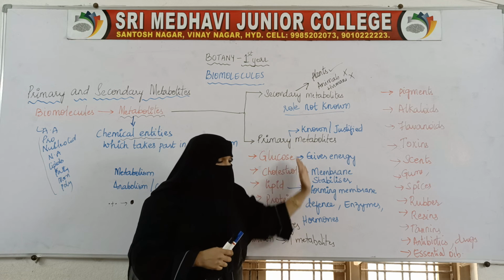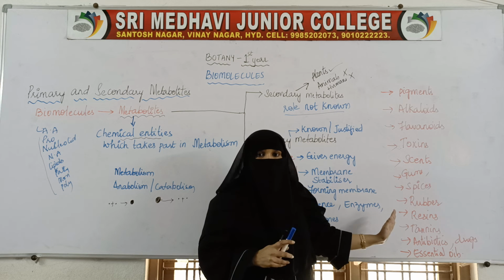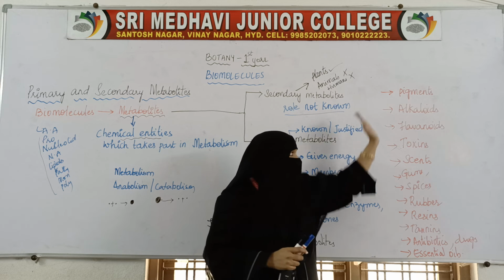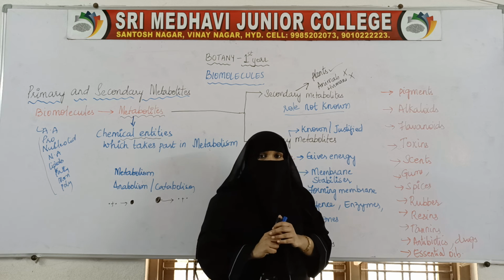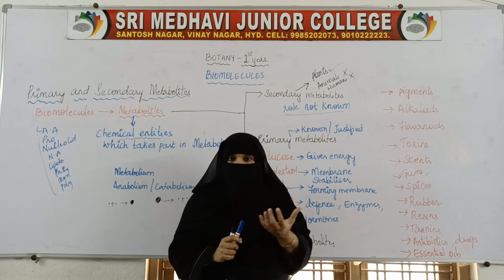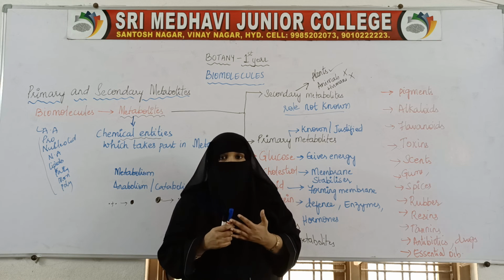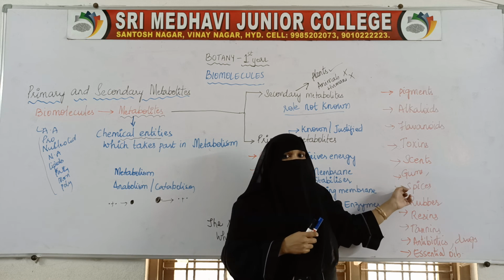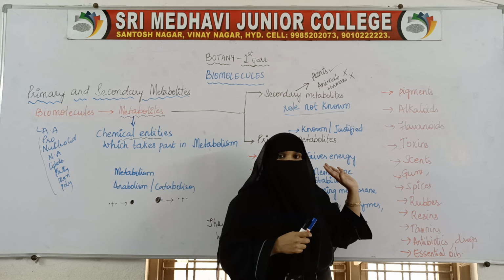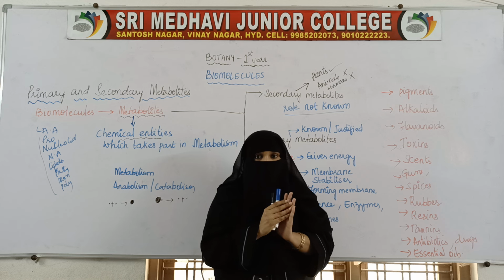But along with these things, the plants produce extra things. These extra things are produced only by the plants. They are not produced by animals and human beings. Do we produce rubber? Do we produce spices from our body? No. Do animals produce them? No. These are only produced by the plants. These are the extra materials produced by the plants.